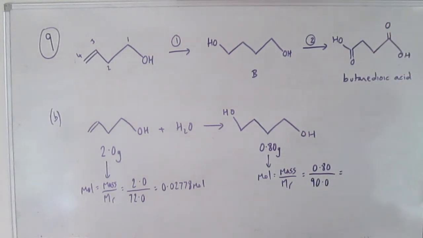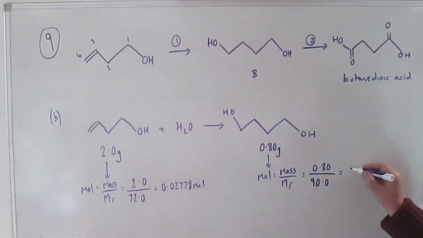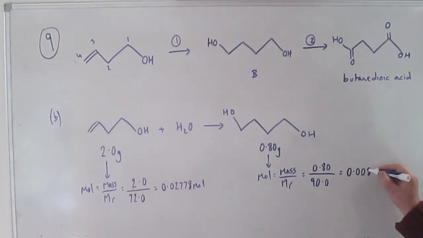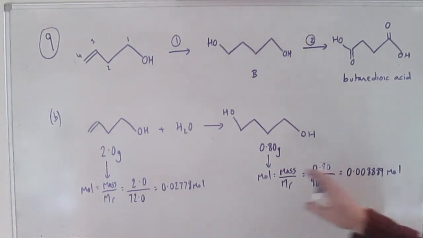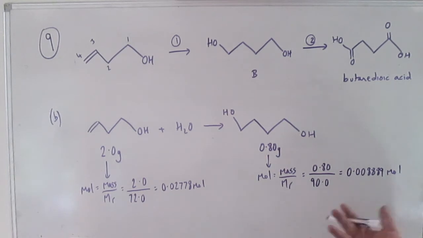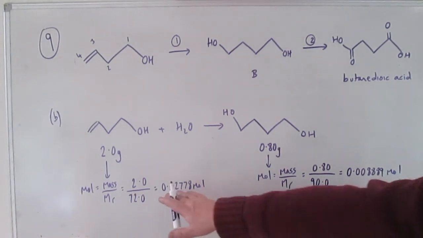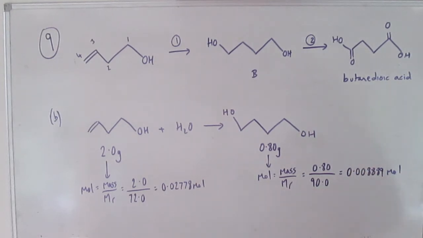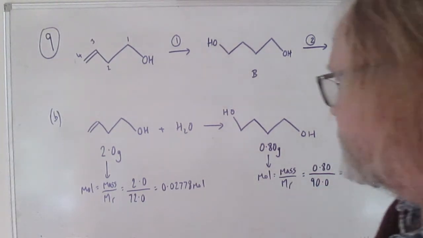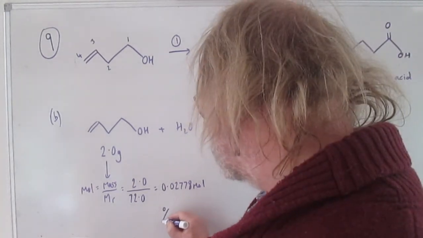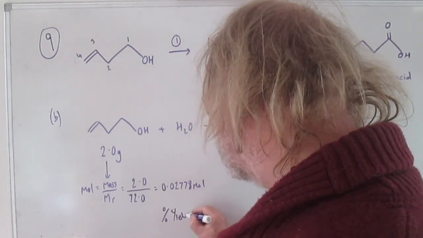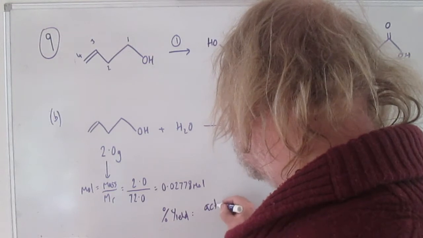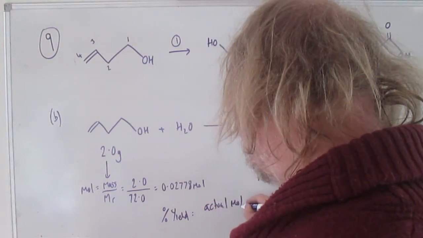And if you work that out, that's 0.008889 moles. Okay, so it's a lot smaller than the number we started with. So basically Bob was right that most of this has got converted into something else, not into the product that Van was hoping for. But we can make that quantitative by calculating the percentage yield, which is actual moles over theoretical